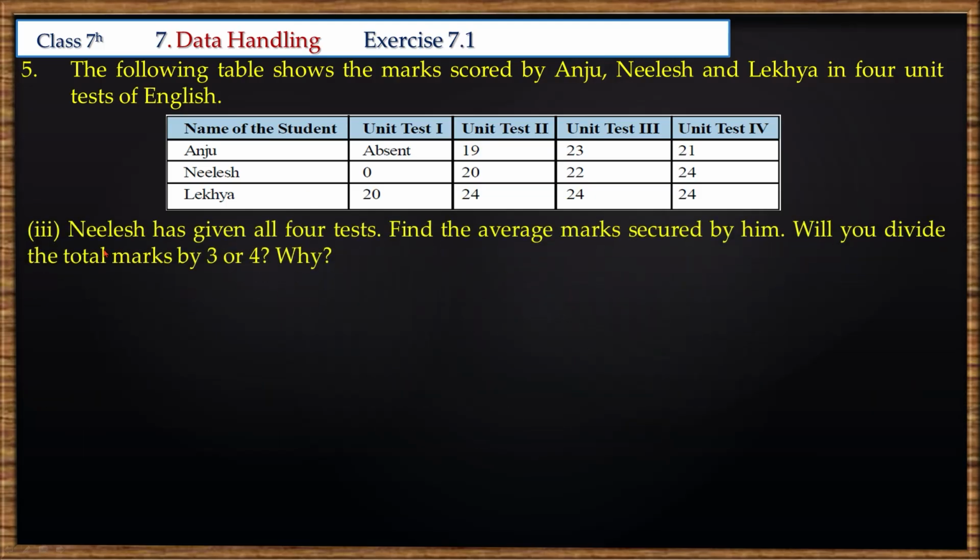Third bit, Nilesh has given all 4 tests. Find the average marks secured by him. Will you divide the total marks by 3 or 4? Let us solve this one. Average mark of Nilesh is equal to total marks of Nilesh by 4. So Nilesh wrote all the 4 exams. So we will divide by 4 only. So 0 plus 20 plus 22 plus 24 by 4. This is equal to